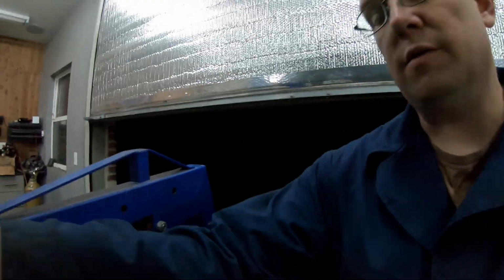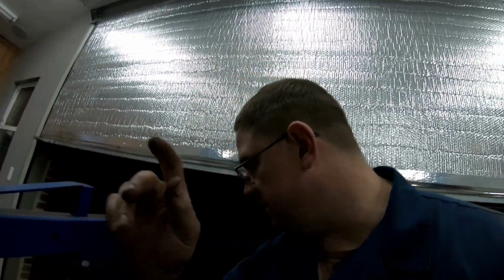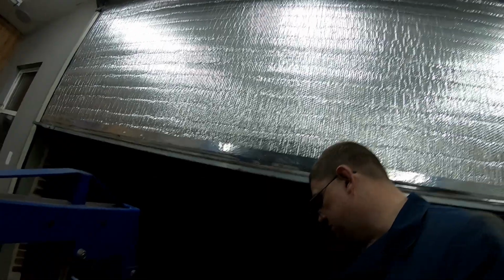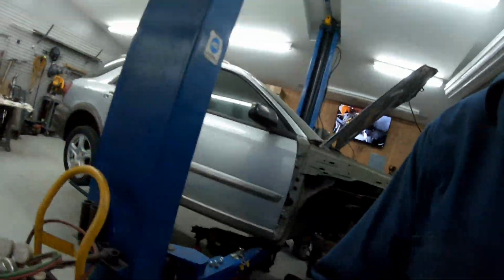So Granberry's on his way back over, and then we're gonna make the transmission back up to the engine. And then we are going to probably call it a night. I think I made it back up, I'll lift it back up and move it back a little bit so I can close the door, because I can't close the door right now, it's starting to get cold. So we're gonna make up the transmission because I need a hand with that, and then I'll probably call it for the night. And then tomorrow I'll hook the cross member and everything back in, and we'll start mocking everything for our